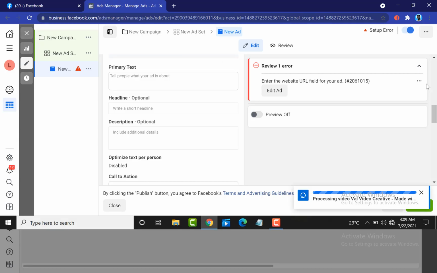So let me just explain what this means. Change your thumbnail so that you can be getting enough clicks on your advert. You get the attention first before you can get the click. Without the attention, you can't get the click. So that's one. The second thing, the second scenario, it could be